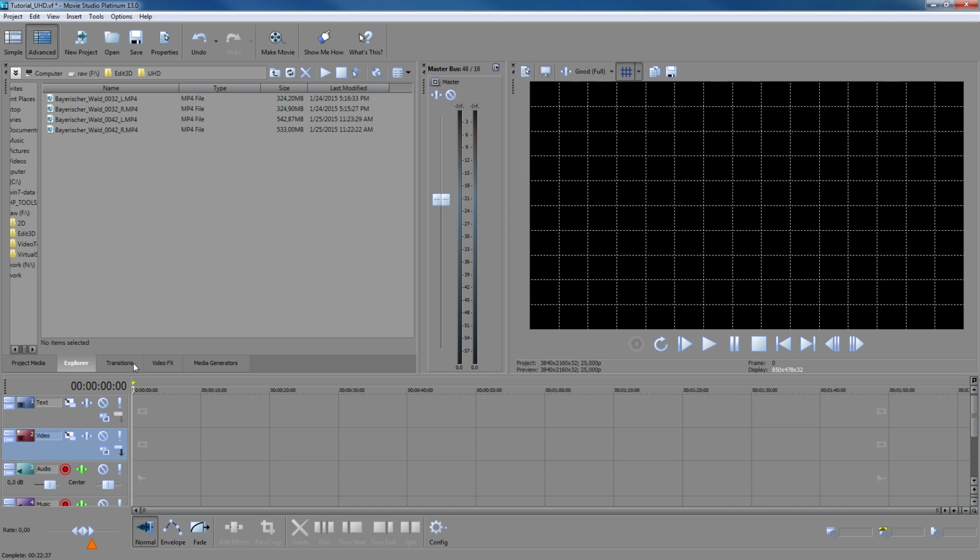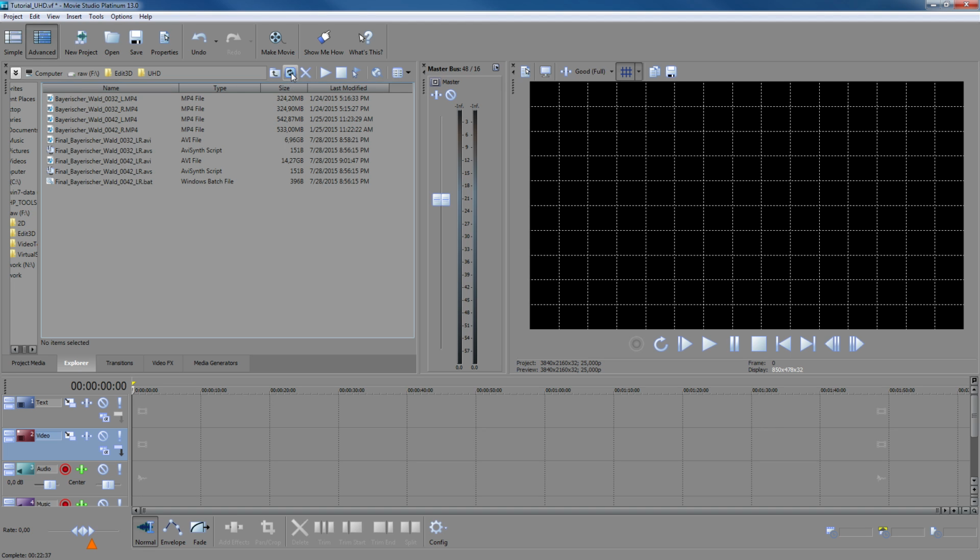Then we should go to Explorer tab as shown here and choose our side-by-side Ultra HD AV files. They're not here. We should refresh the view by clicking this icon, and here they appear. So those two AV files we should import. By right-clicking those two files, we have to choose Add to Project Media List and click. Okay,